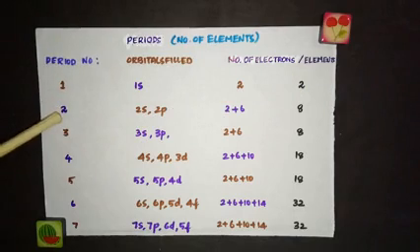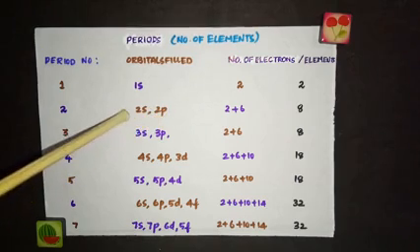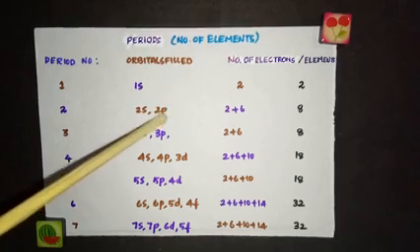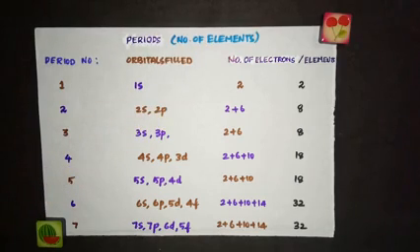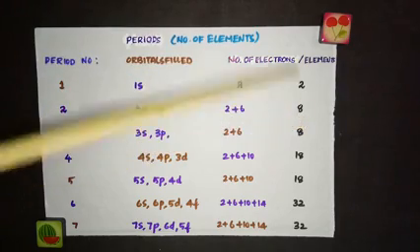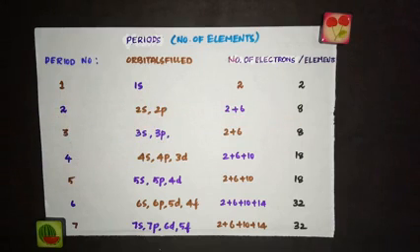Now coming to the second period, which are the orbitals filled? 2s and 2p. So totally how many electrons can be there? 2 electrons in 2s and 6 electrons in 2p, because in 2p we have 2px, 2py and 2pz, and each orbital can accommodate 2 electrons. So 3 2s are 6. So 2 plus 6, there would be 8 elements. So in the second period, there are a total of 8 elements.